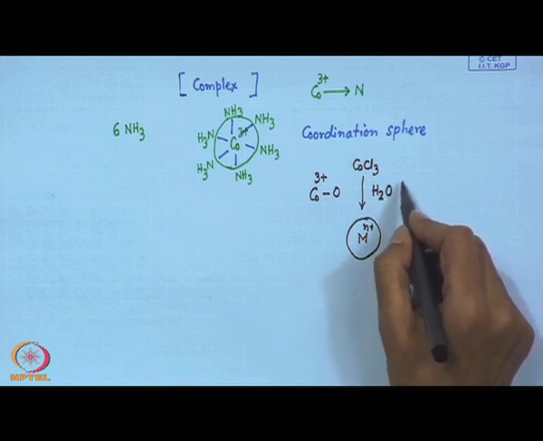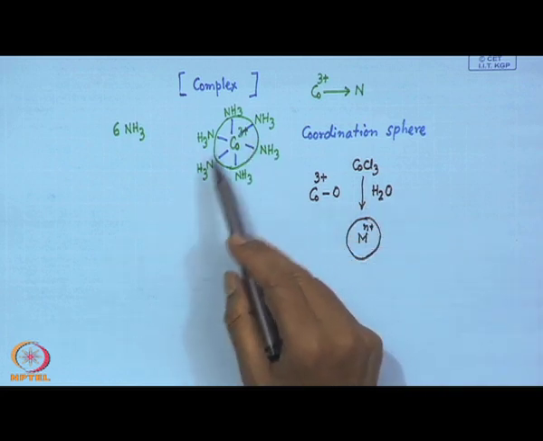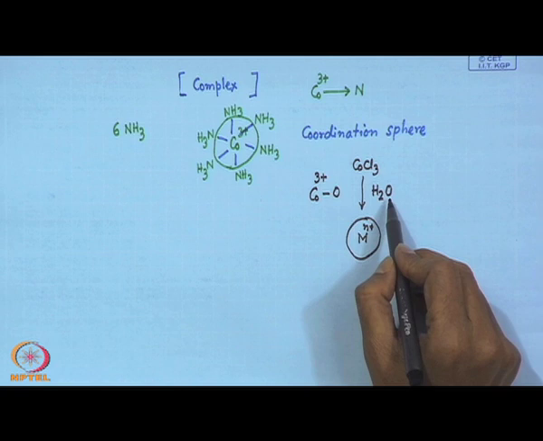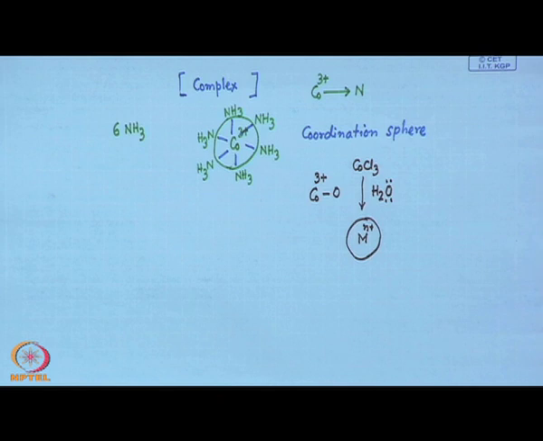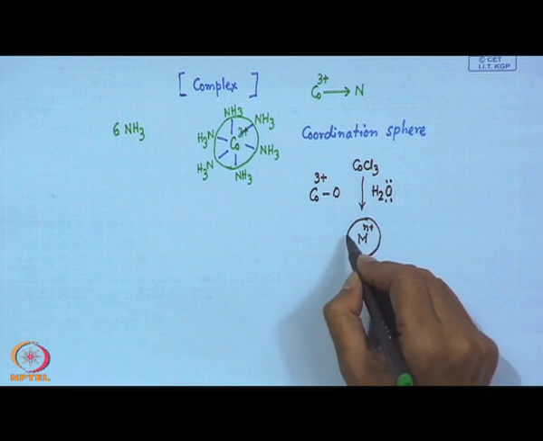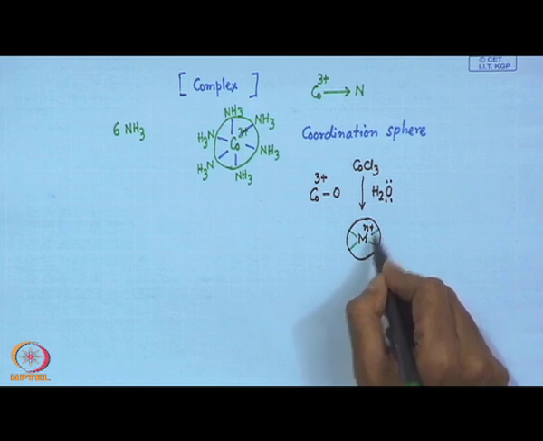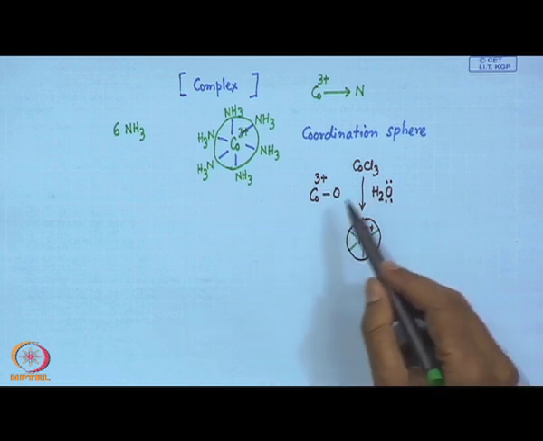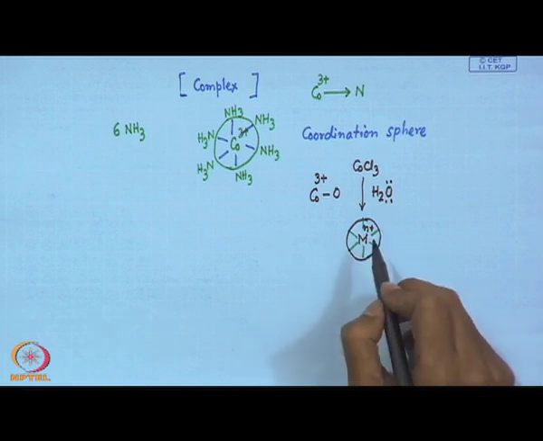From the living system also these water molecules will surround the metal center in the same fashion, and the lone pairs on the oxygen atom will start interacting with our metal center. So, a large number of water molecules will be surrounding this metal center, but only a few can